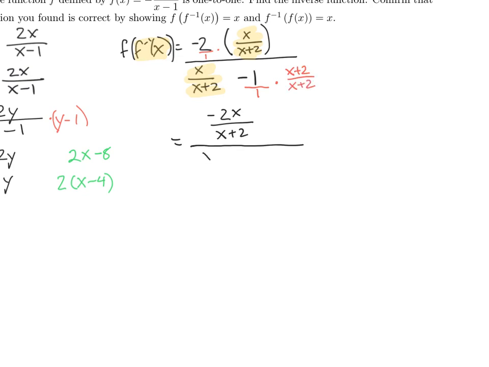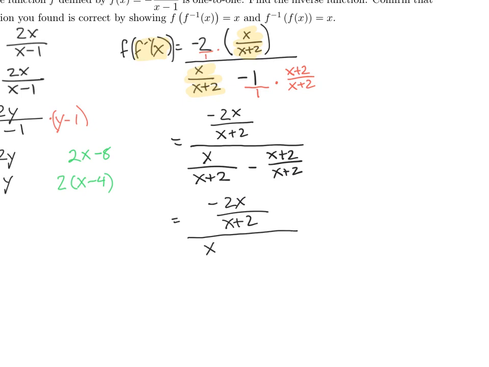So this is going to be in our denominator x over x plus 2 minus x plus 2 over x plus 2. Now, when we officially subtract these fractions, I want you to watch what I'm doing here. So negative 2x over x plus 2, I didn't change the numerator at all, divided by x minus parenthesis x plus 2